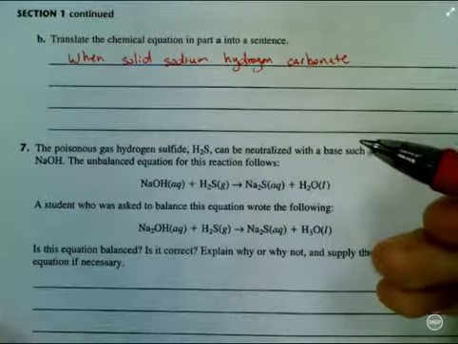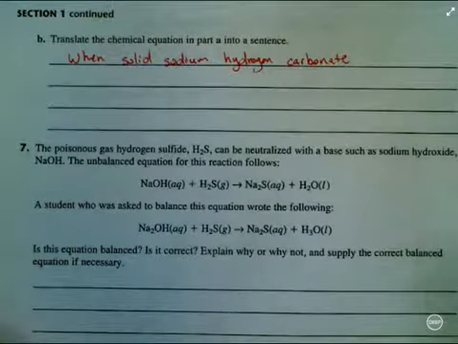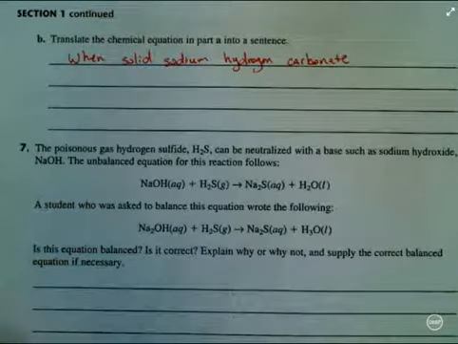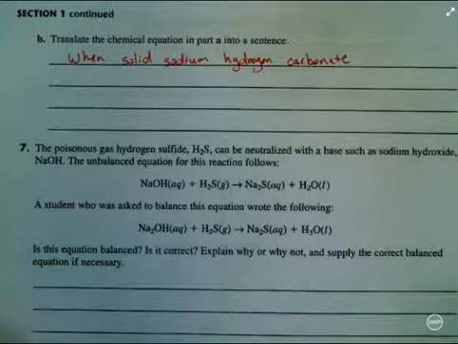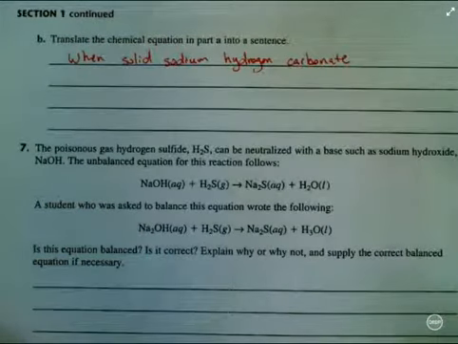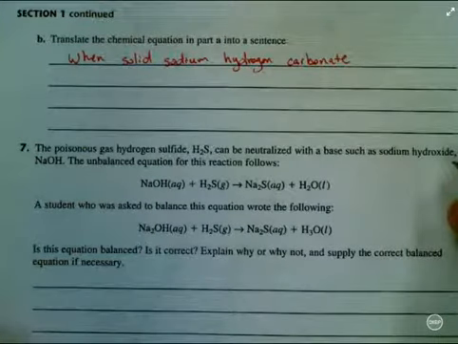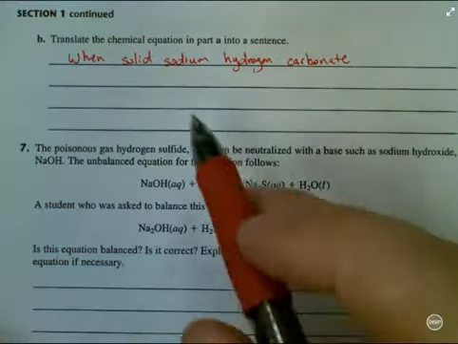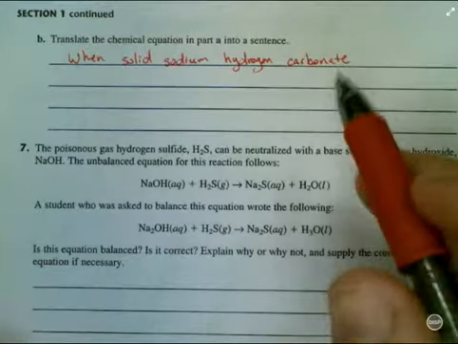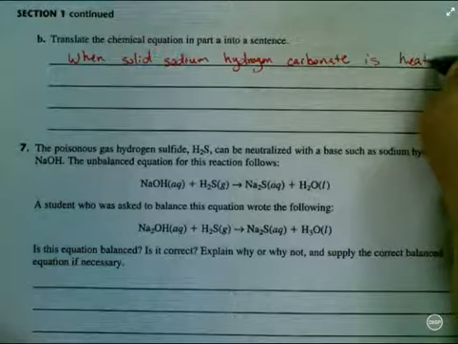It actually used to be called bicarbonate. Some of those polyatomic ions have older names printed on there with them, so that you can have an idea if you've ever heard some of these older words. This is actually what they're referring to, but they've been renamed to go with this more consistent naming system. But solid sodium hydrogen carbonate is heated